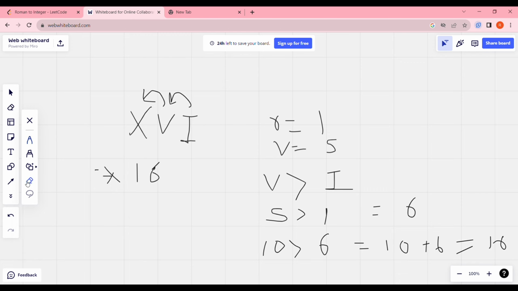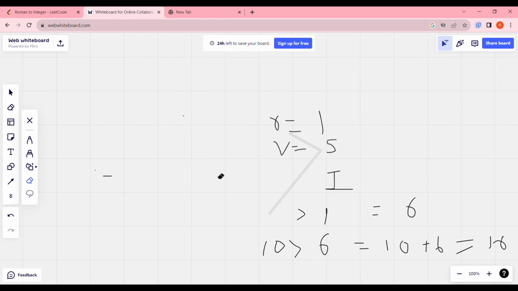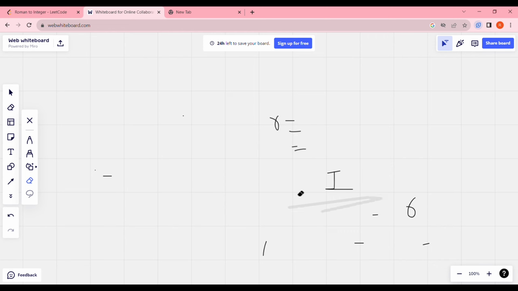Now we will see another question, how can we solve this question in a better way. Let's see an example. We will take another example, suppose XIV. Now what is the value of this Roman numeral? That will be 14, right? So for this question we will